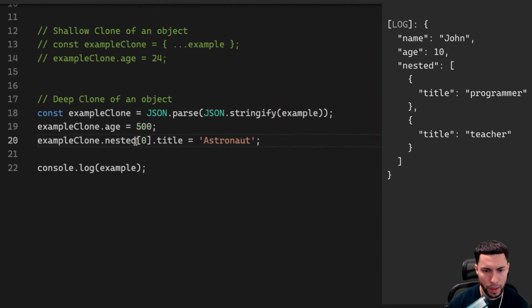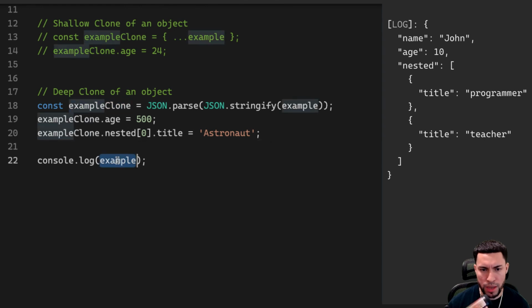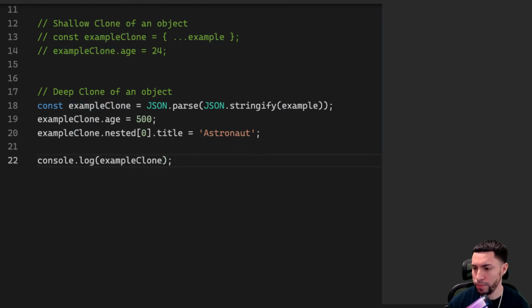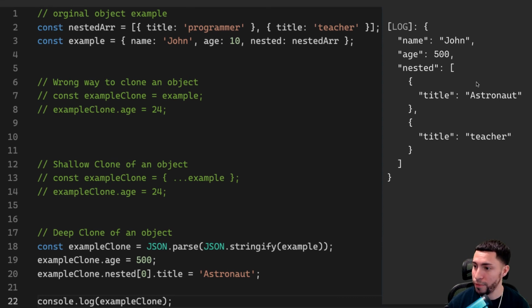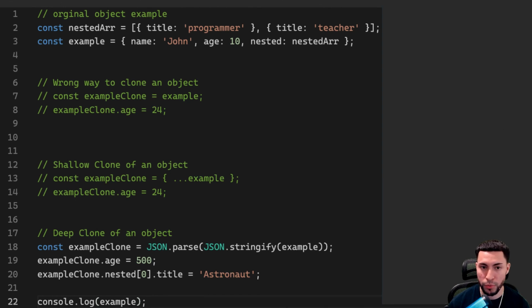Okay, and once we console log this example clone and we run it, you'll notice that we did in fact change it to astronaut. So far so good. And if we actually change this to example and we console log the original example,